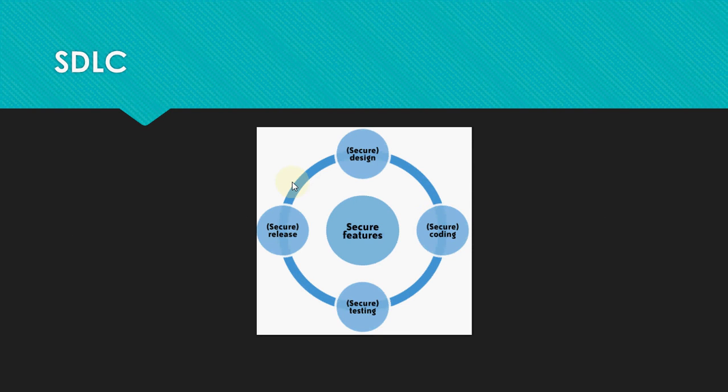Here you see that first is secure design, second is secure coding, third is testing, and fourth is the release. There are certain security features available at design time. You have to implement that and be aware of that if you are developing any application for the cloud. After that there is secure coding. At the level of coding you may implement certain secure coding, like I already told you in the previous slide.